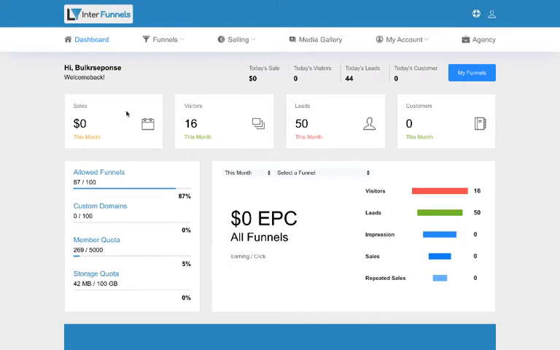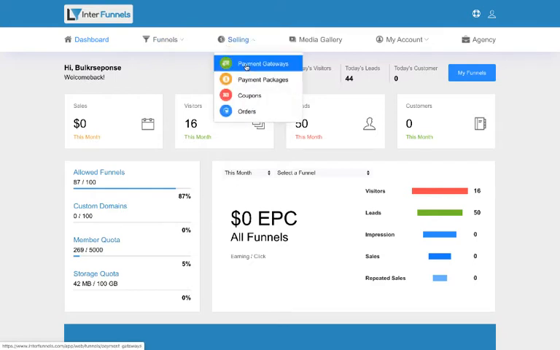Hey guys, at the end of this module, I'm going to show you some of the things that you should do before you can start creating the funnels. These are the things that you should set up or you should already set up before creating your funnels. So one of the first things that you want to do is to set up your payment gateway, because if